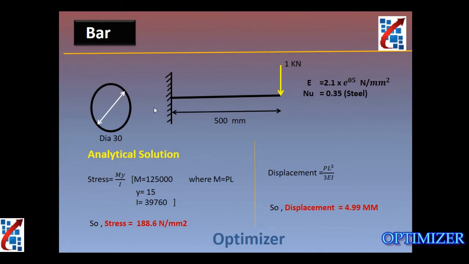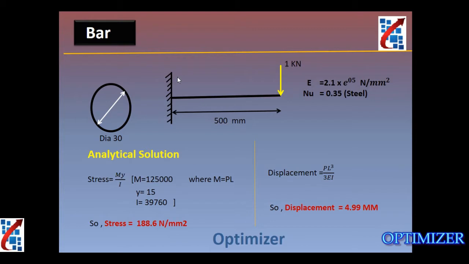HyperMesh. In this video we are going to discuss how to solve this bending problem with the help of the bar element. We have completed the beam rod element assignment. Now we are going to focus on the bar element. As we know, the rod element is only applicable for uniaxial tension-compression problems. So whenever a bending problem is there, you need to solve it with the help of a bar or beam element.